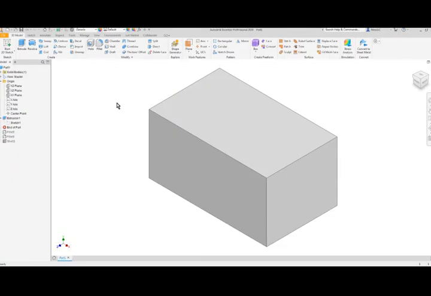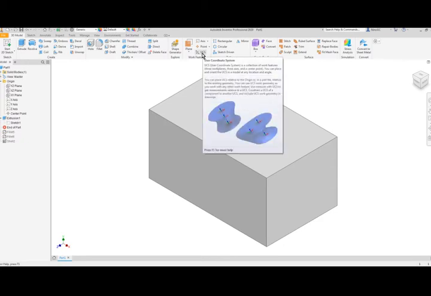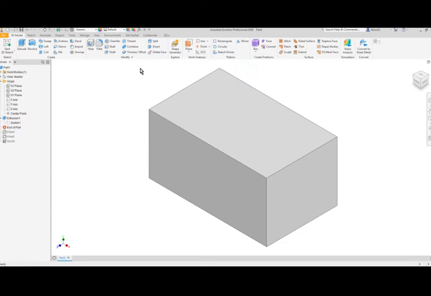Okay, welcome back to Inventor. Work features are located in the 3D Modeling tab, as we can see right here, and as we had stated, the 4 specific work features within Inventor are planes, axes, points, and the UCS. The UCS we will not be going over at this point in time. We will look at it a little bit later in advanced work feature styles in another video. The features that I am going to be looking at are primarily these 3, and the most important of